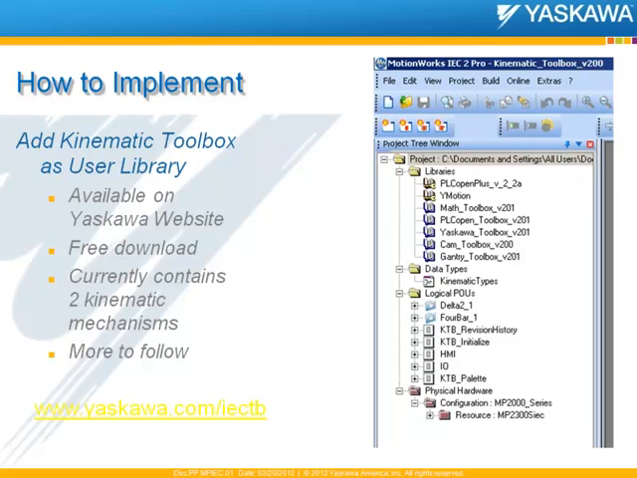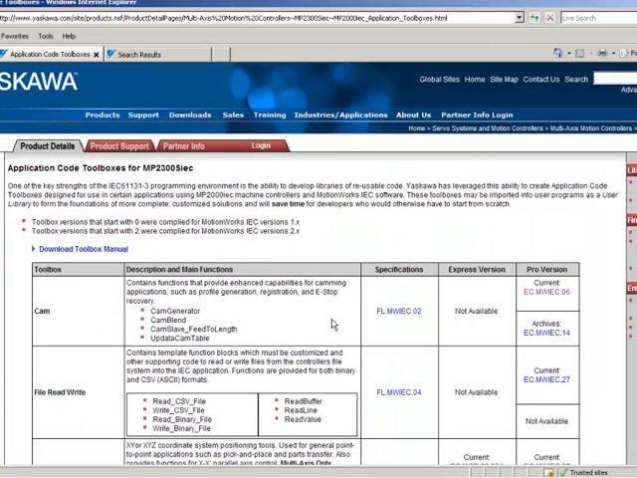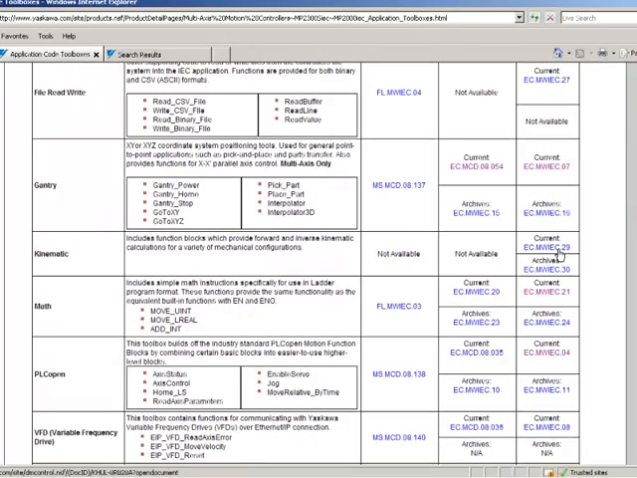First of all, you add the Kinematic Toolbox into your project as a user library. It is now available on the Yaskawa website. It's a free download. It currently contains these 2 mechanisms, and we expect to add to this. So you'll find inside the toolbox a group of POUs. There's a handy link right here: yaskawa.com/IECTB for IEC toolboxes. We'll get directly to the toolbox page, and you'll find that the Kinematic Toolbox is now available here for MotionWorks